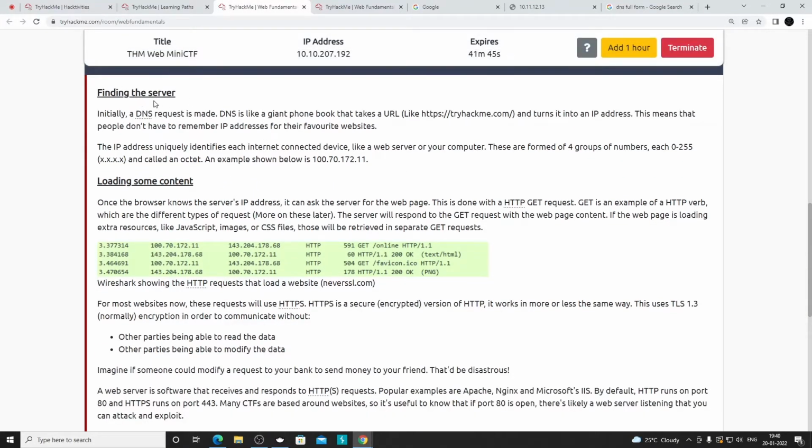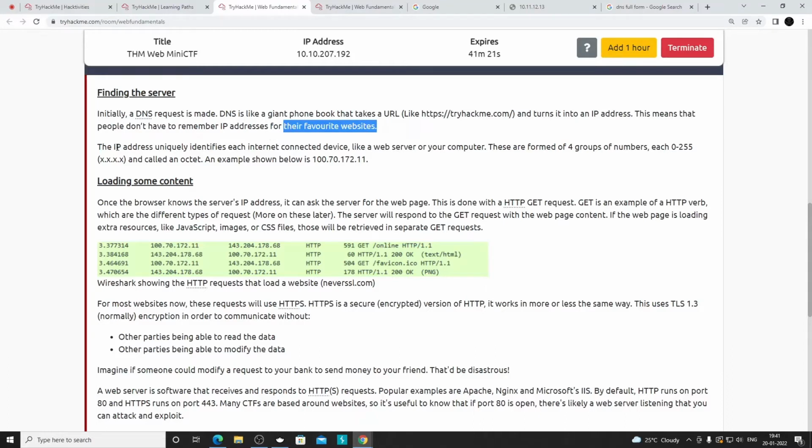It is explained that when you are opening google.com, how is it going to find out the server where google.com is hosted? So that's why a DNS request is made to the DNS server, and it is going to return an IP address, and then we will send that request to that particular IP address to get our google.com page. Because people do not have to remember the IP addresses of their favorite websites.